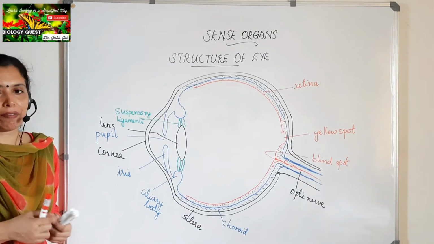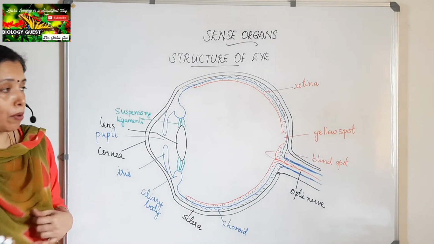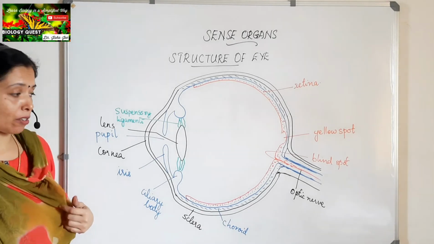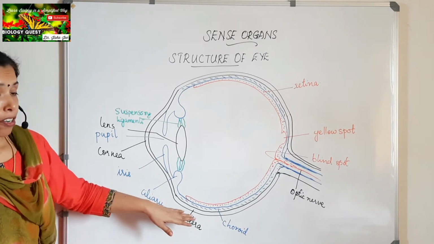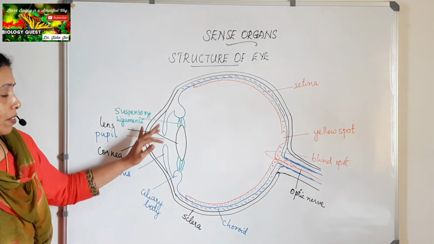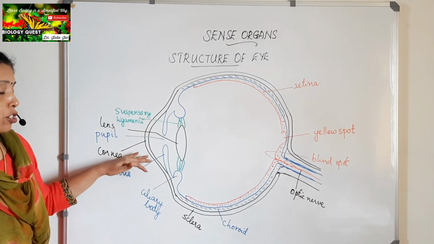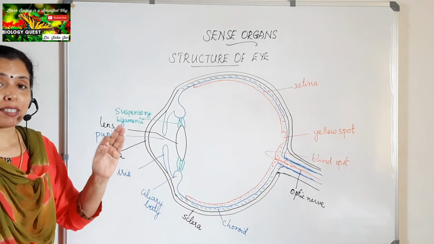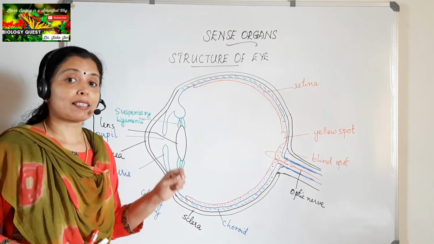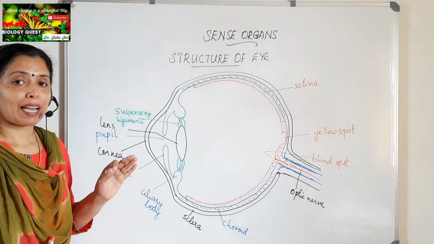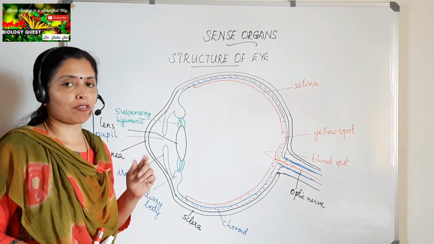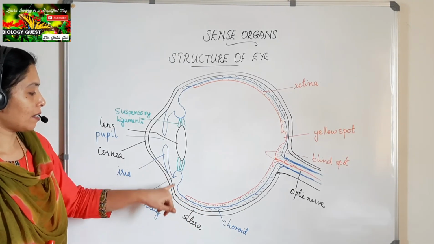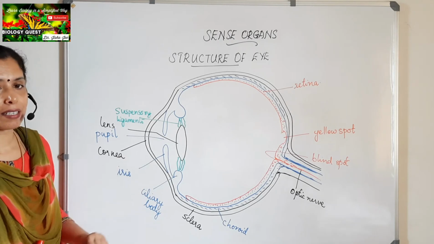So we have discussed the structure of the eyeball, the three wall layers. The outermost layer is the sclera or sclerotic layer. The sclerotic layer is white in color, and in the front region it bulges out and becomes transparent to form the cornea. Then the choroid is the layer which is richly supplied with blood vessels and provides nourishment for the eye. It also has the melanin pigment. Location and function of melanin is important. From the choroid layer the ciliary body and the iris arise.